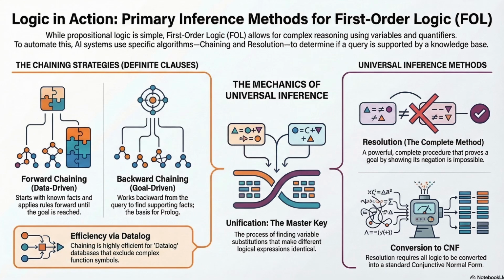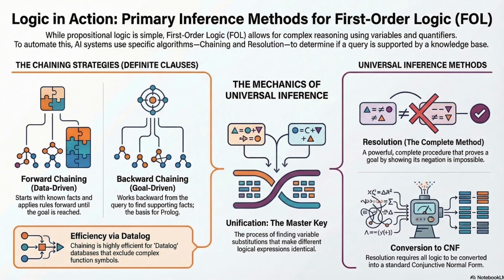We can write a program that says yes if the answer is yes, but if the answer is no, the program might just hang indefinitely. So we have a system that works, but if we ask it a false question, it might just stare at us blankly for eternity. Welcome to the absolute limits of computation. I can definitely see why the researchers in the 60s wanted a better way.